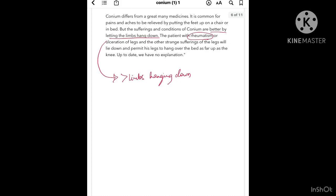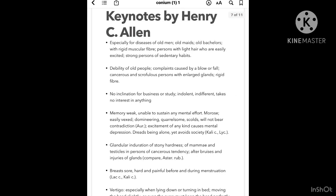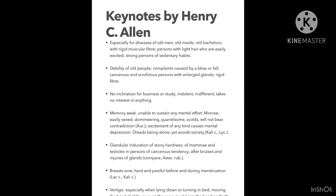Up to date, we have no explanation here. It's a great remedy for rheumatism, okay? Ulcerations on legs. Next, coming to keynotes by Henry Ellen, especially for diseases of old men, old maids, old bachelors with rigid muscular fiber,